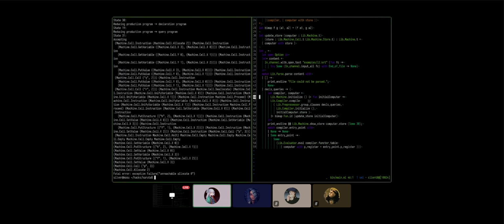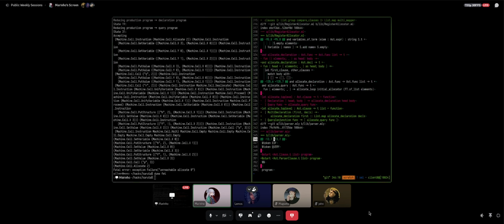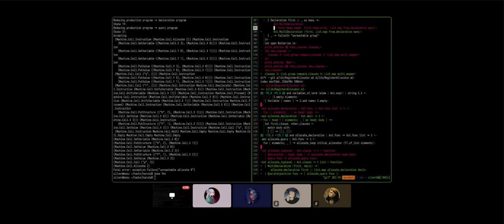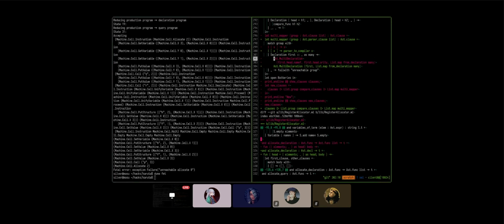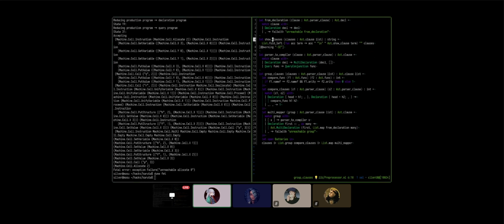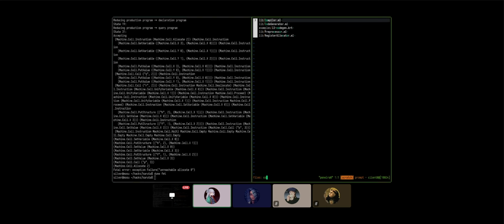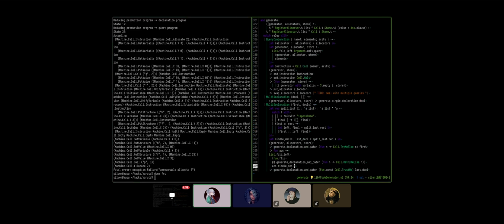Okay, let me just do an FMT, but everything is already formatted. Oh, actually, there's one thing we should do before we commit. Before we forget, it's in the code generator, I think, where in the multi declaration we do a declaration and patch, we fold, we do another one.